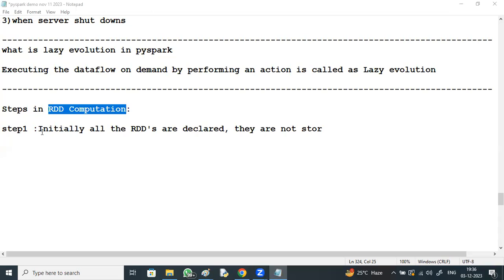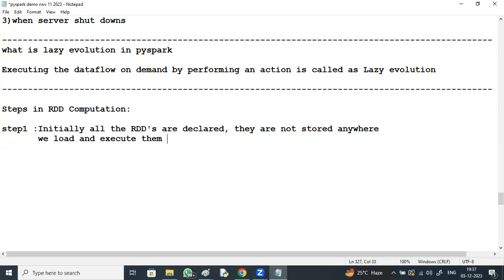Steps in RDD computation. Initially, all the RDDs are declared. They are not stored anywhere.